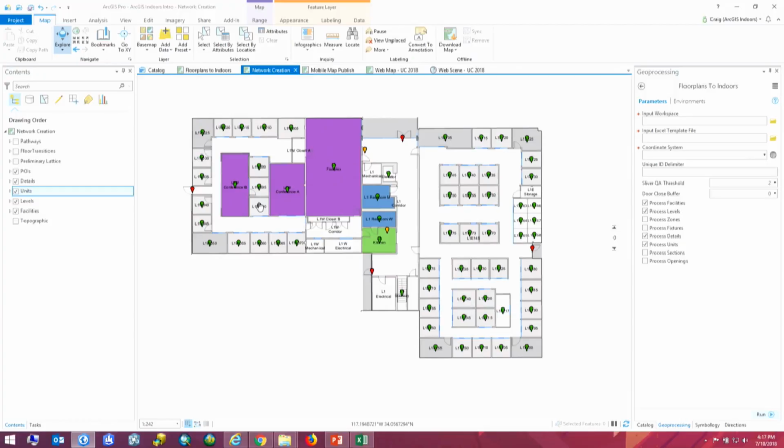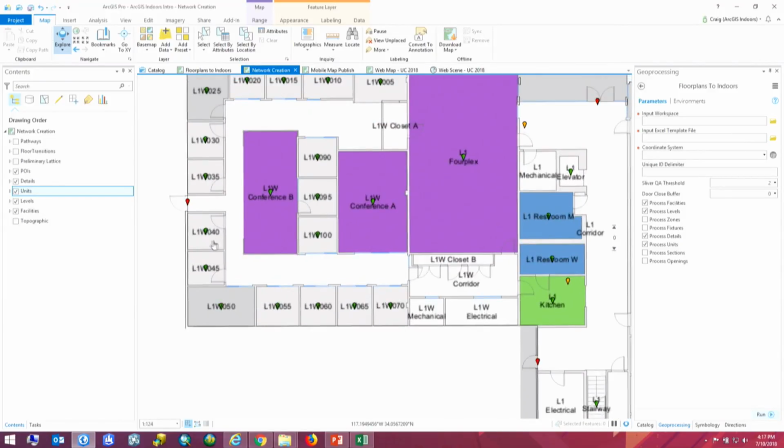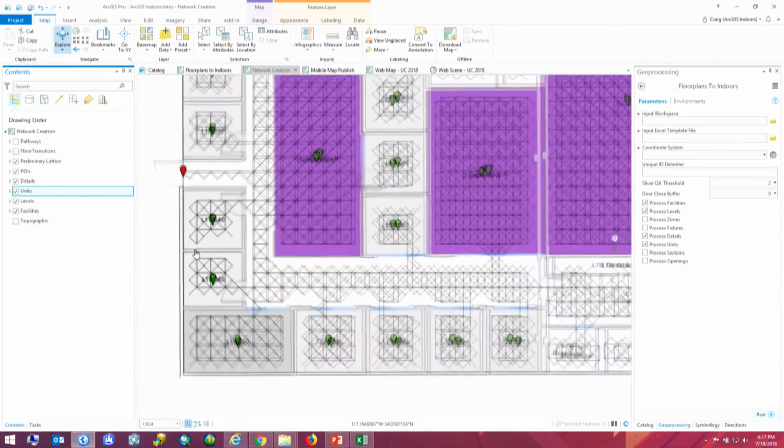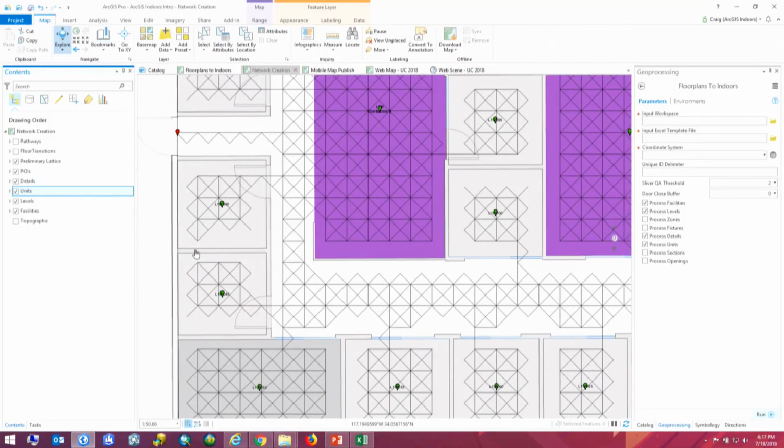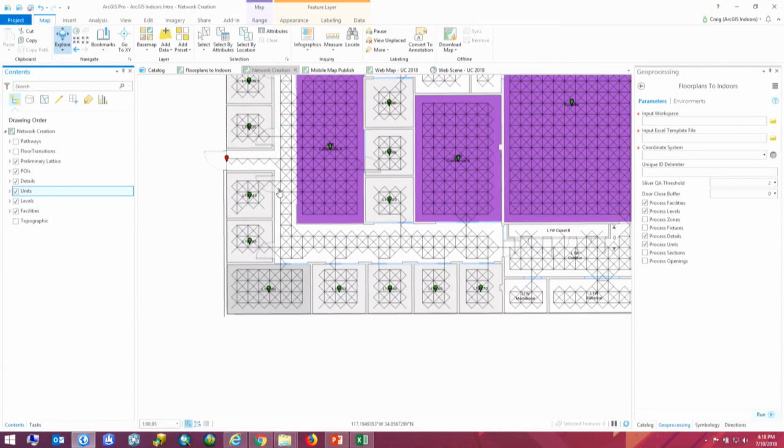In the network creation process, this is an automated process that we came up with a few years ago: we apply a lattice to our indoor floor plan. That lattice is rotated according to the building rotation, and it's cut by any wall lines or columns or other line types that you can't walk through. It's kept open, or allowed to enter any rooms that have doorways.